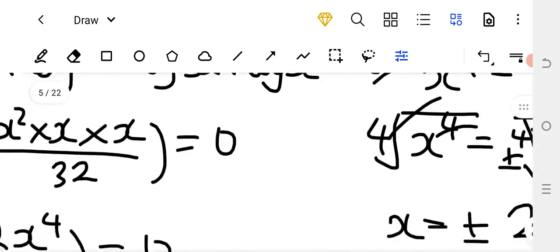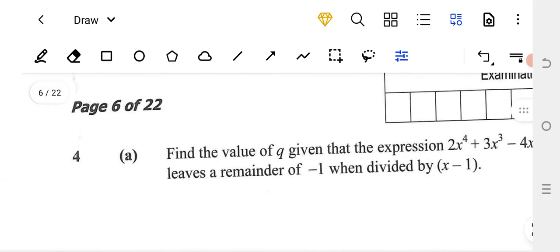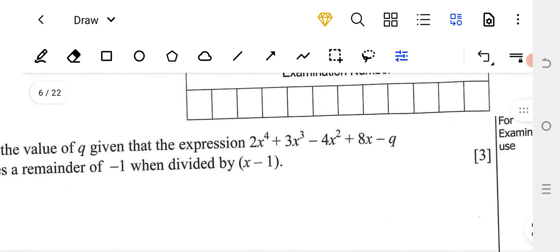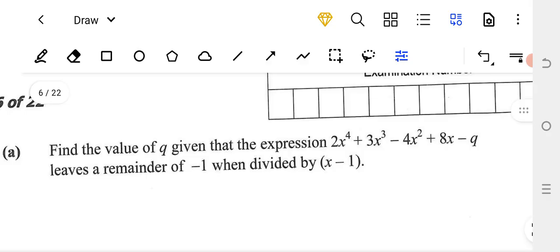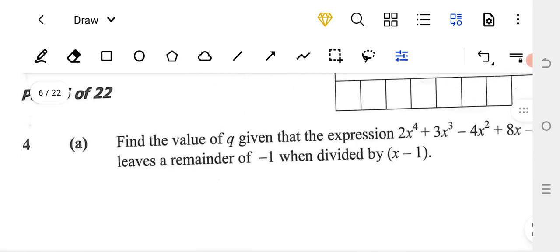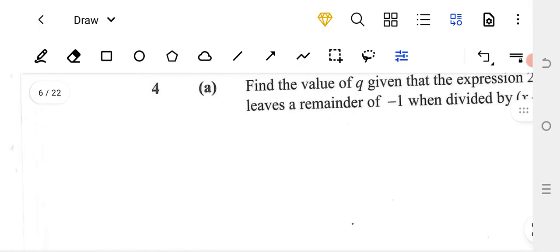Okay, so to continue, we got the next question, which is remainder and factor theorem. It's carrying 3 marks. Question 4a. Find the value of q given that the expression 2x to the power 4 plus 3x to the power 3 minus 4x to the power 2 plus 8x minus q leaves a remainder of negative 1 when divided by x minus 1. Our first step is we are going to say